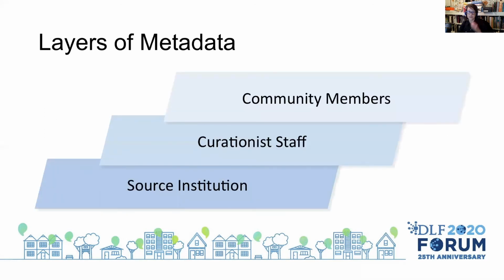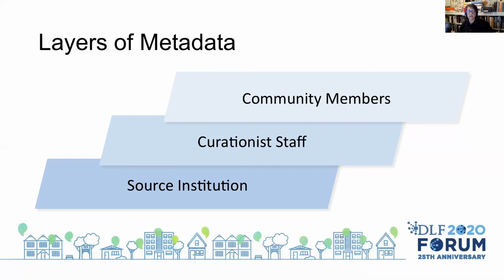Another feature of the Curationist schema is that it accommodates different sources of metadata for the same data points. There will be 3 main layers of metadata on the Curationist site. The base metadata comes from the various source institutions. This metadata is imported via API and remains unchanged. The second layer of metadata is provided by Curationist staff members. This layer might include subject terms that were not provided by the source institution, or it might provide more culturally sensitive terminology or terminology that improves discoverability.